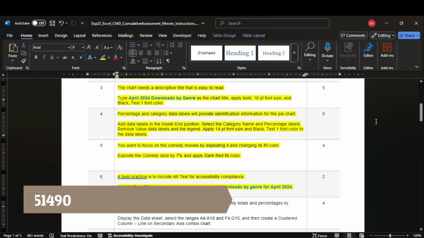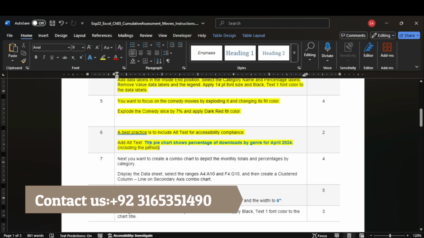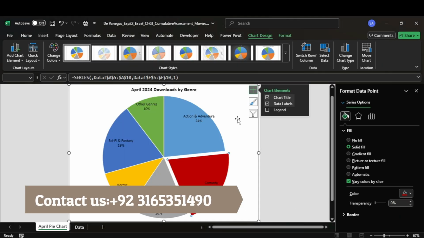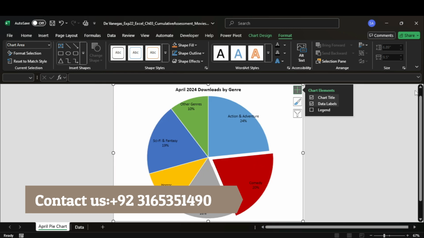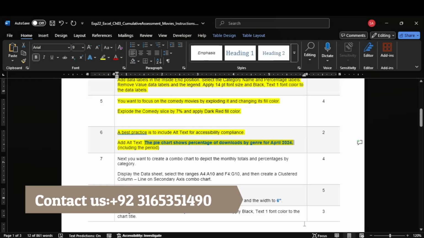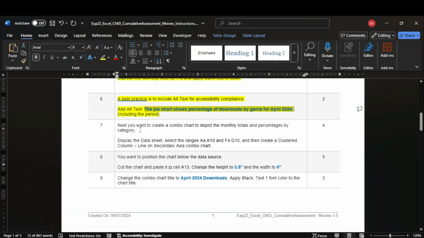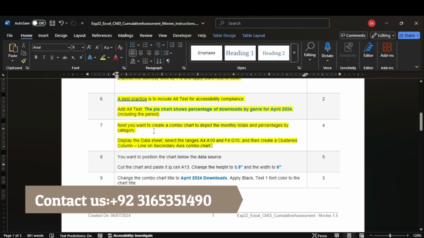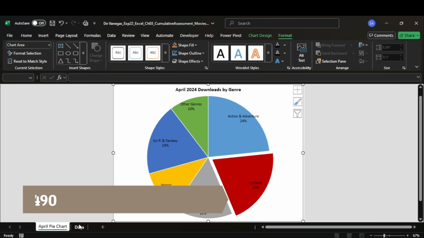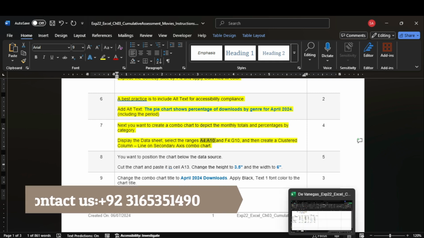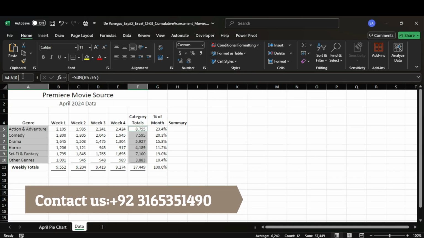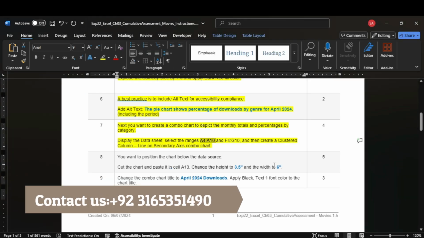In the sixth step, it says add alt text. So we will copy this and then format alt text color. In the next step, it says display the data sheet. So we will display the data sheet, select the ranges this and this,